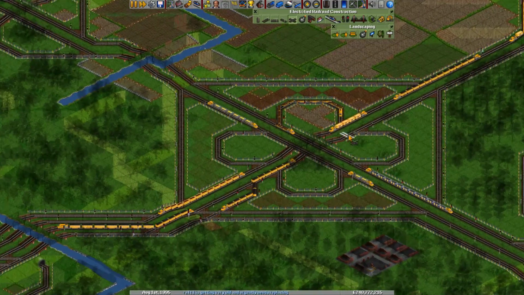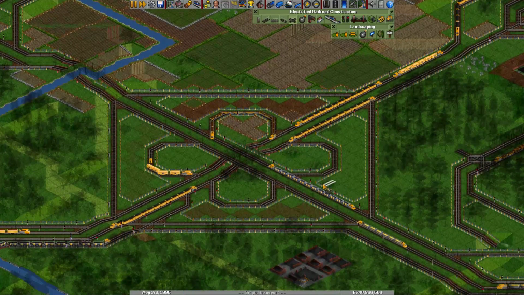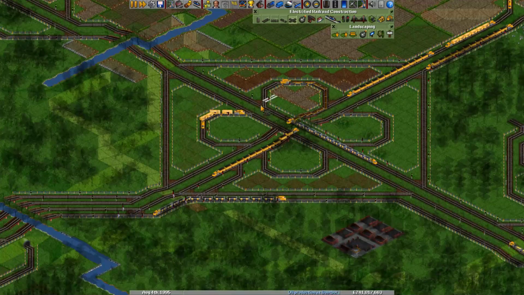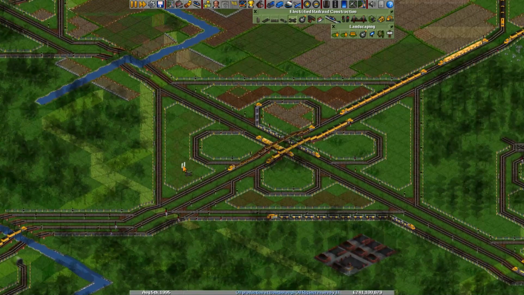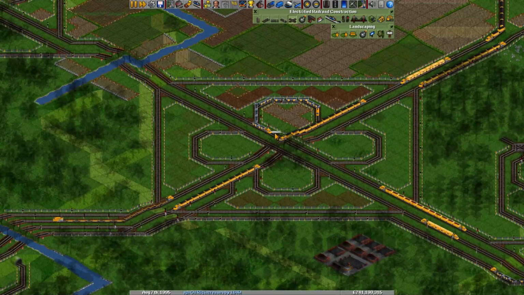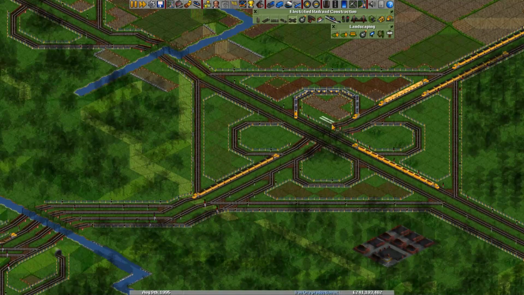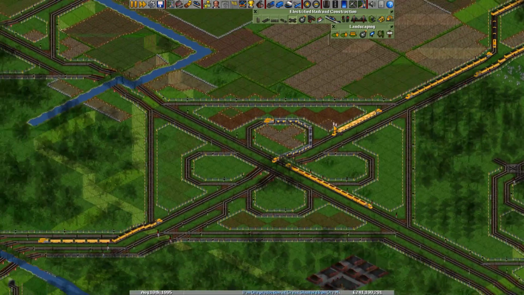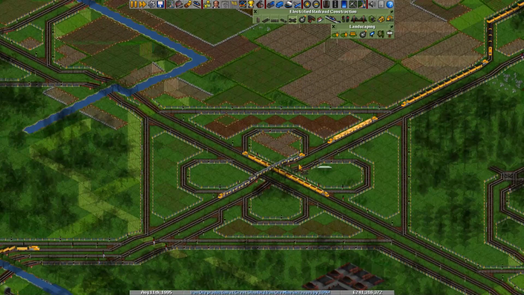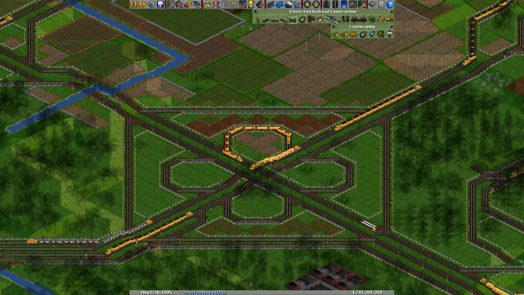Now, one track that's used a lot is to go from this direction to this direction. And right now it has to go over this cloverleaf, then over the bridge, and it just causes a lot of delays here. So, in order to remove this cloverleaf,